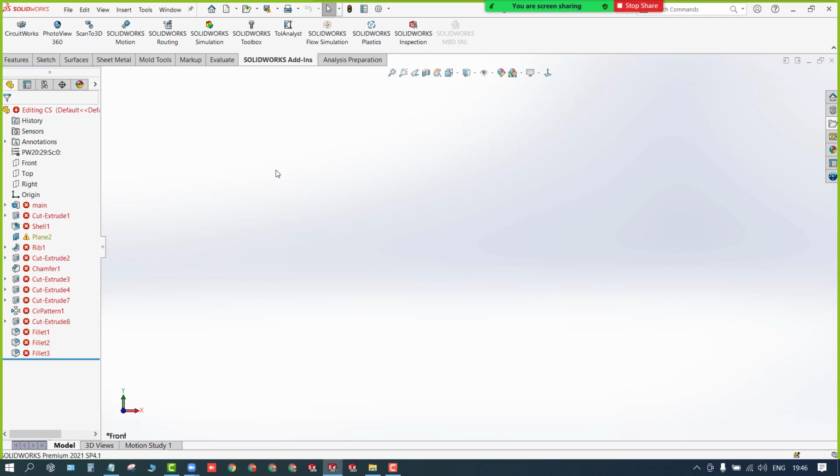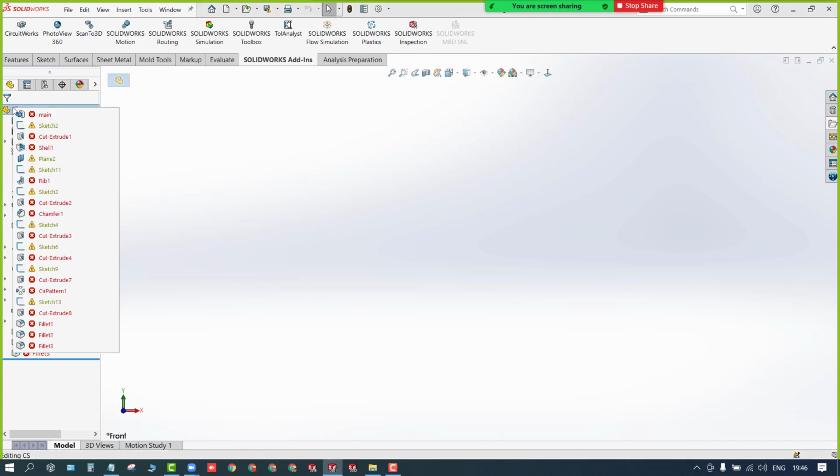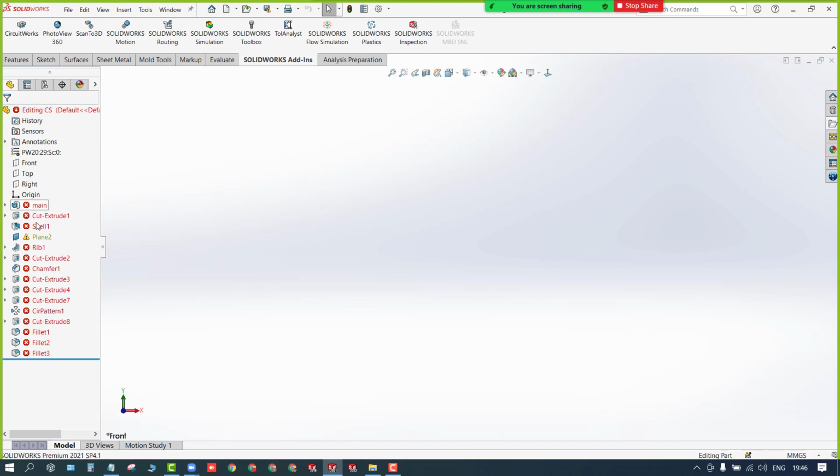No. The thing is, there is a component, but it has so many errors and warnings. Can you see this? For that, the model is not visible. Now, if you face this kind of issues while dealing with the models, what to do? That is the main concern here.